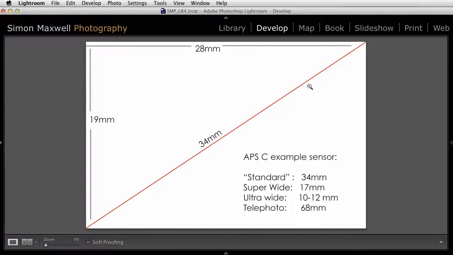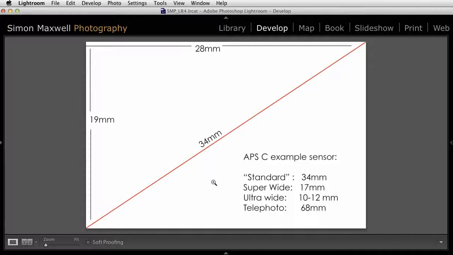The mathematicians amongst you can calculate what they call the hypotenuse. I prefer a ruler and paper, and I've come up with 34 millimeters as that all-important diagonal dimension. So on this sensor size, my standard lens would actually be something more like a 34 or 35. So you can see that if you were to use a 50 lens, which would be kind of standard for